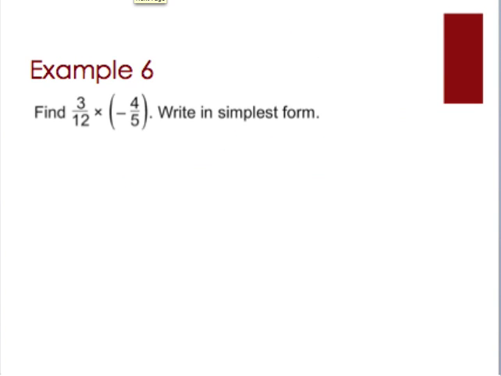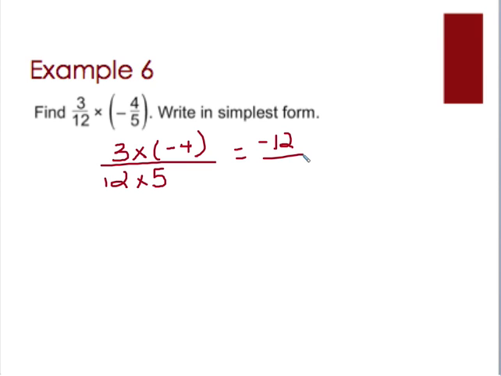So now, here's example 6. I want you to pause the video and try it on your own. All right, so let's see if you were right. So we take 3 times negative 4 on the top and 12 times 5 on the bottom. 3 times negative 4 is negative 12. 12 times 5 is